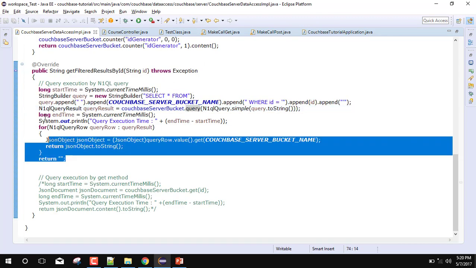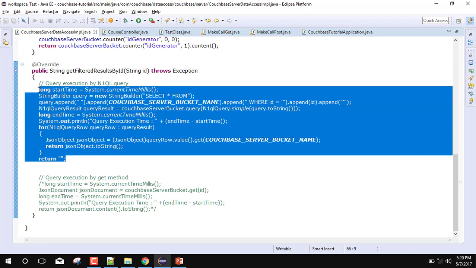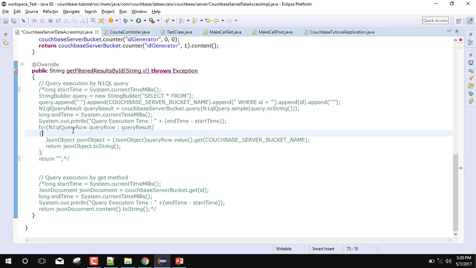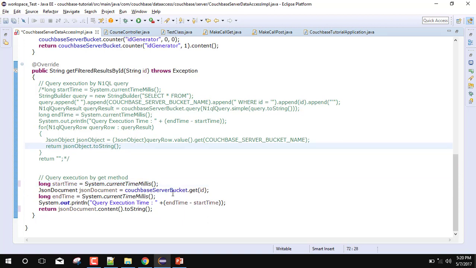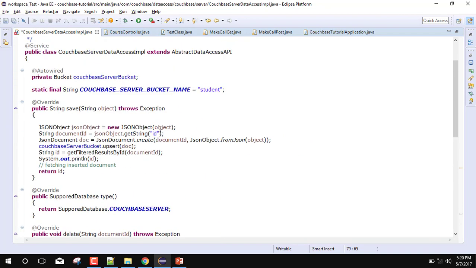Let's comment it out and uncomment the optimized code. In the optimized code, what I have done is get the document directly with the help of ID from the bucket. It is the document ID which we previously inserted during creation.